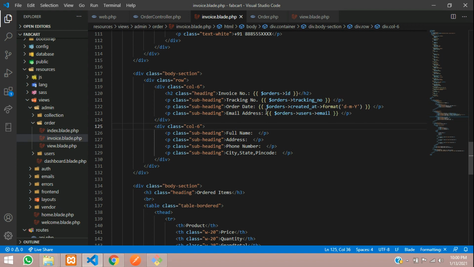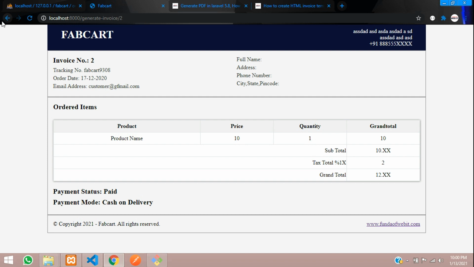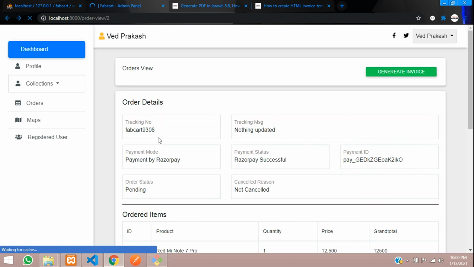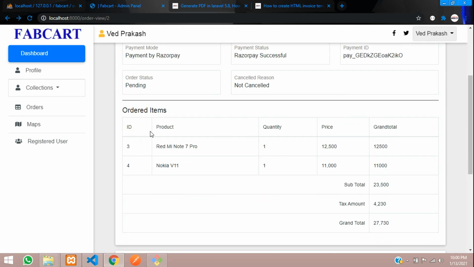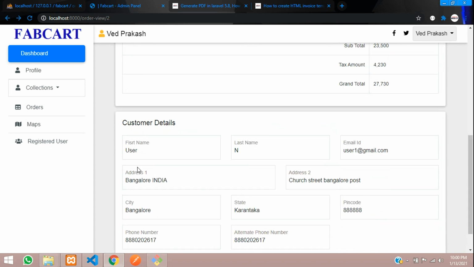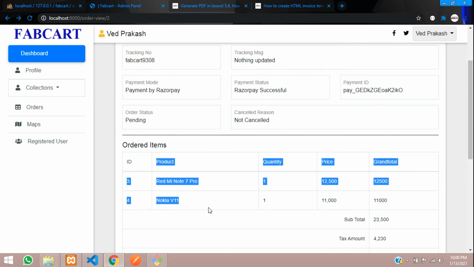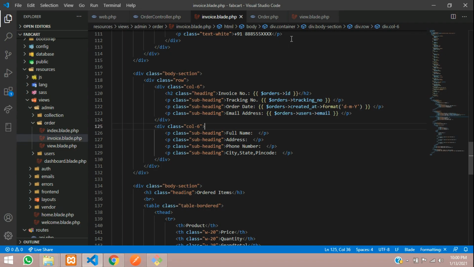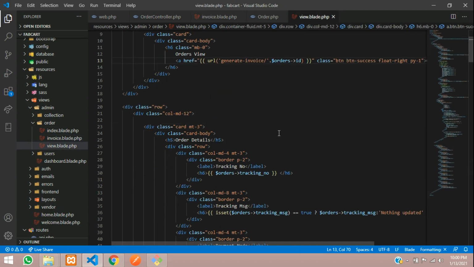So guys, now you can see the order user's email. So guys, without wasting time, what we are actually getting is nothing but this order view detail, which we saw in the previous video. Okay, so if you want to see this video, I have given the link in the description where you can watch how to view this customer data and the order items data. So let me just go to this view page and copy the details of it.